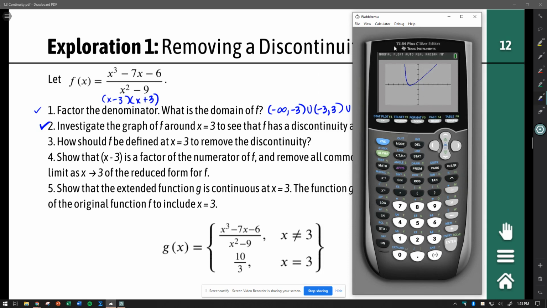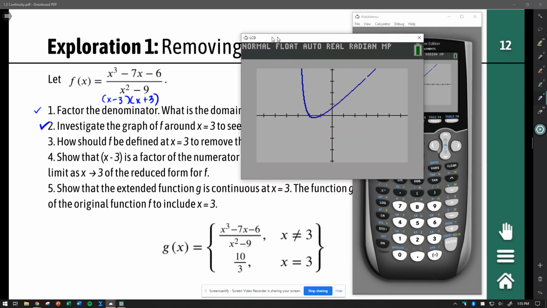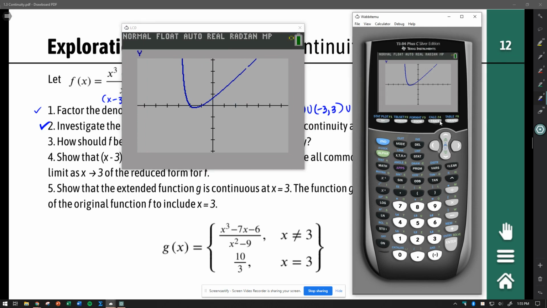So back to the graph, we can move the detached LCD again. Let's hit the trace button, and let's take a look at, as we move the x value closer and closer to 3, what the y value does. So let's get over here. So we're at 2.5 now. So y value is 2.86, 2.95, 3.05,